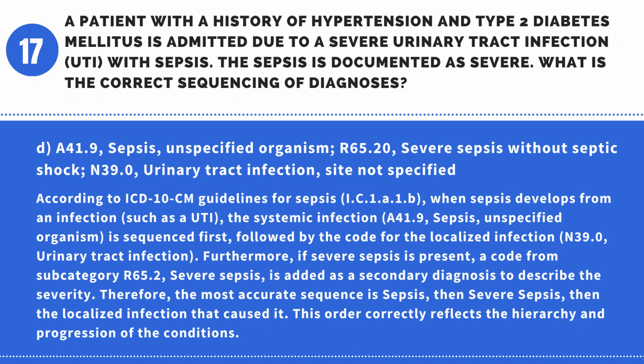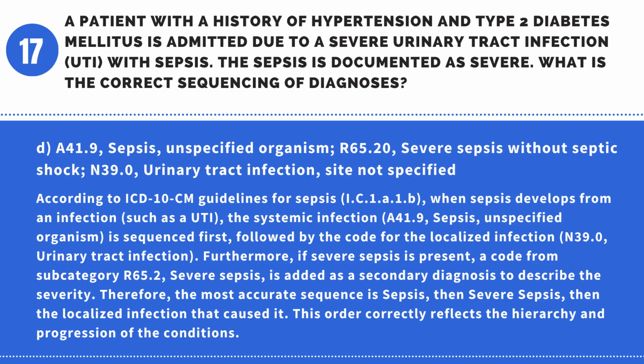Answer: D. A41.9, sepsis, unspecified organism. R65.20, severe sepsis without septic shock. N39.0, urinary tract infection, site not specified. Explanation: according to ICD-10-CM guidelines for sepsis, I.C.1.a.1-b, when sepsis develops from an infection, such as a UTI, the systemic infection, A41.9, sepsis, unspecified organism, is